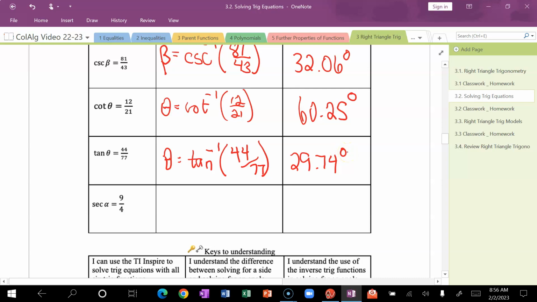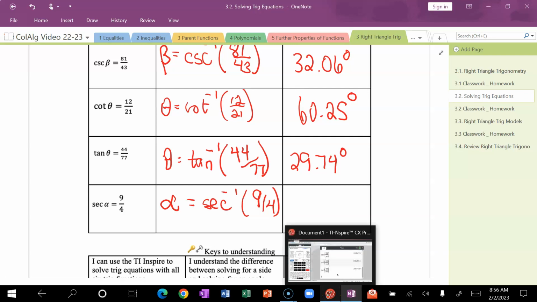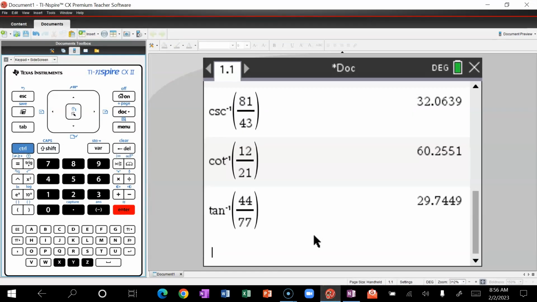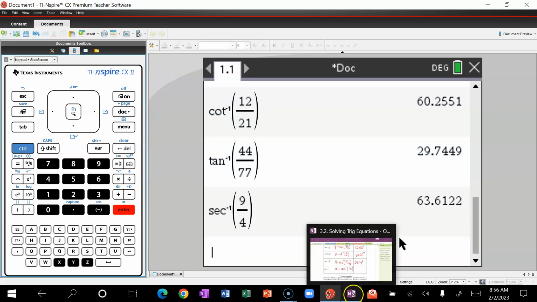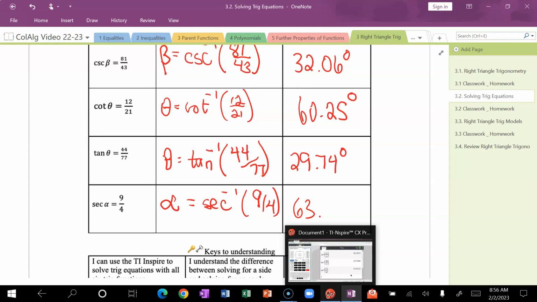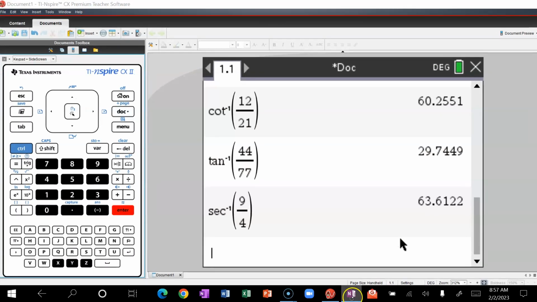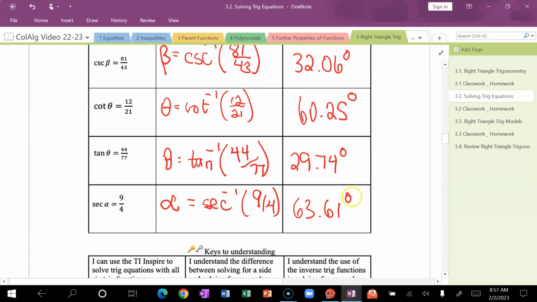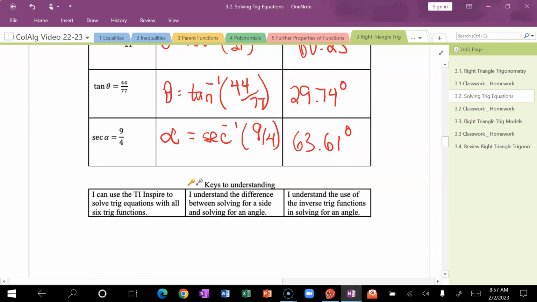Secant of alpha is 9/4. So that means that alpha is the inverse secant of 9 over 4. So the inverse secant of 9 over 4 is 63.61. 63.61 degrees. So what you need to do is you need to be able to use the TI Inspire here